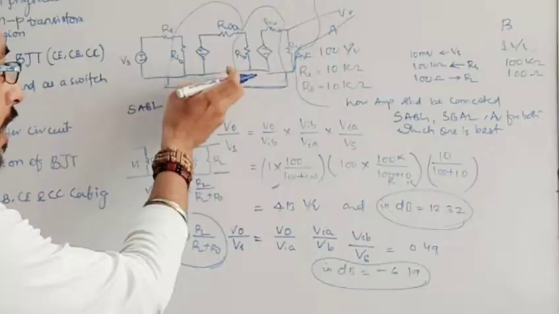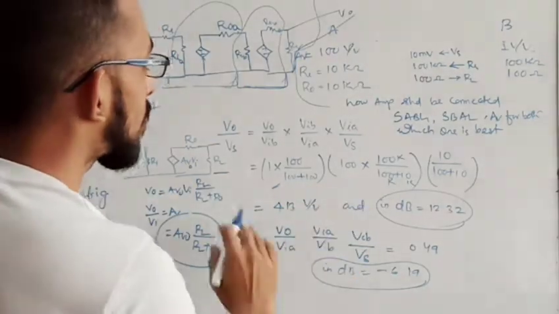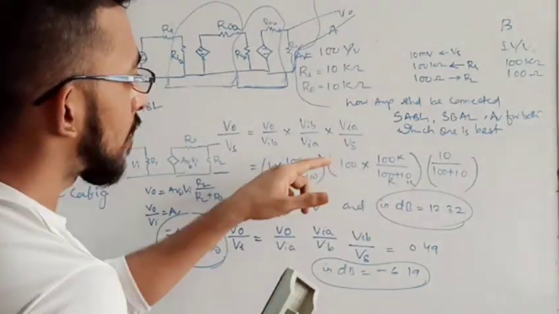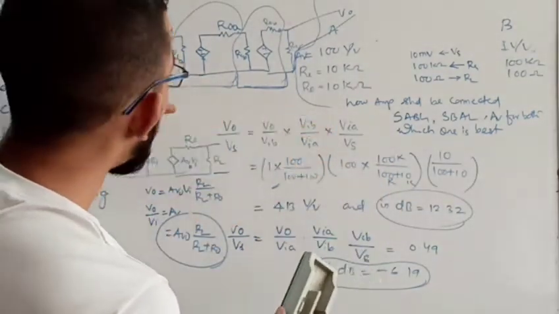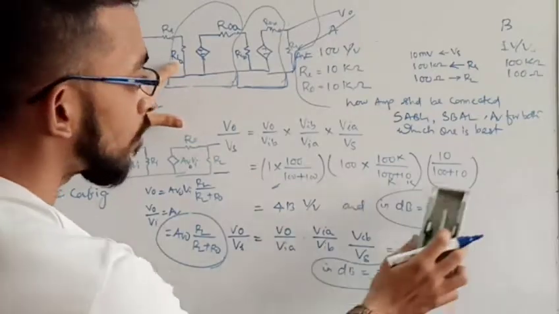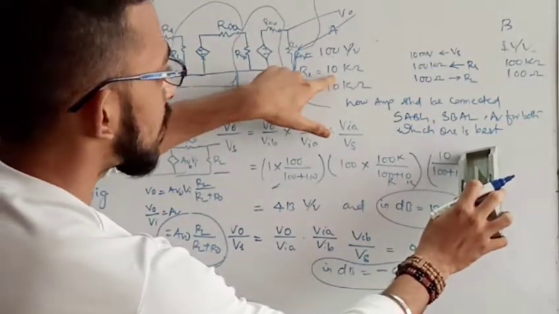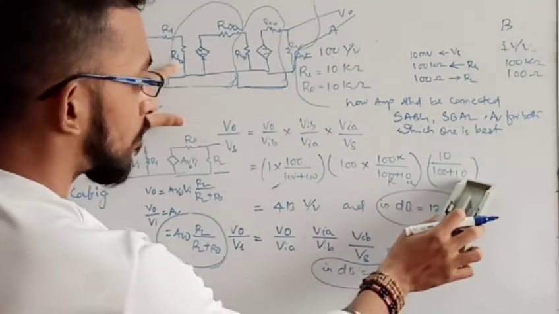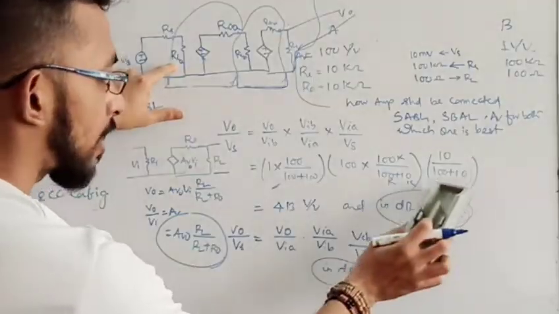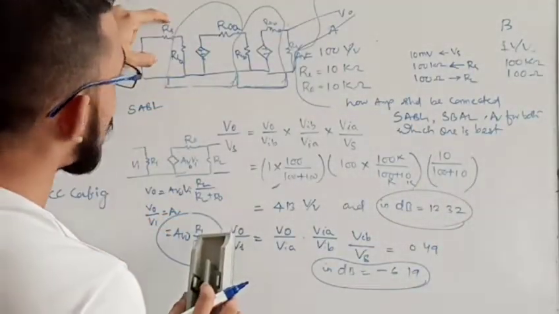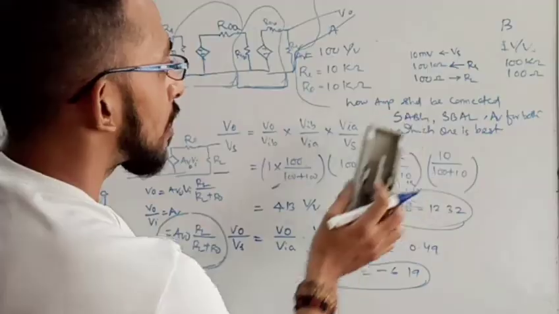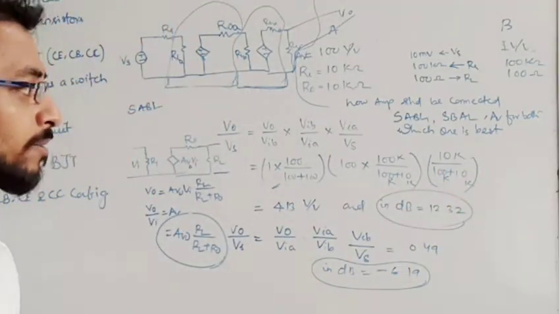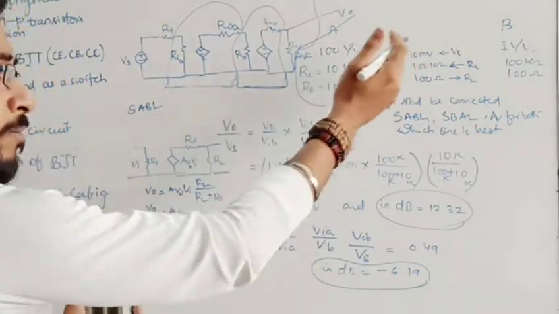Then for A to this source, which is nothing but a gain, of this, that is 1, it is there. Then the output load of this circuit is nothing but the input of this A. So the input of this A is nothing but 10 divided by the sum of this. So this is 10, that is the input of A, which is the load, and the R output. R output in this case is nothing but my RS. My RS value is given 100 kilo ohm. Since here it is 10 kilo ohm, I have not written kilo. Okay. So this way you have to proceed from right to left.